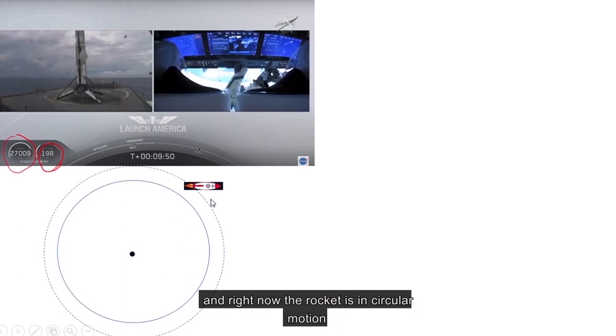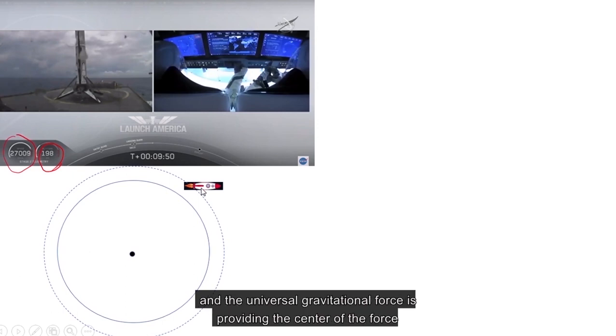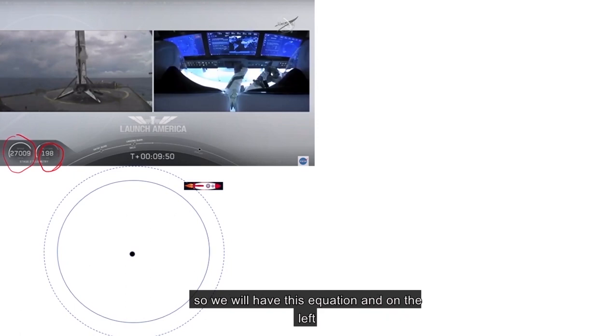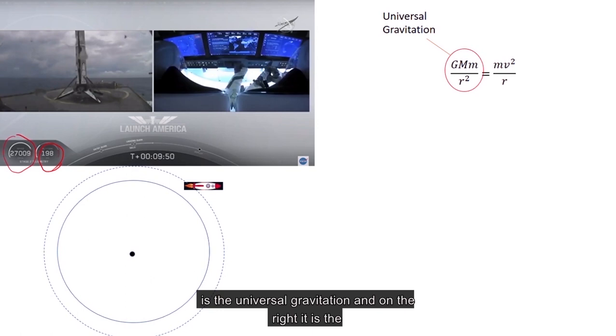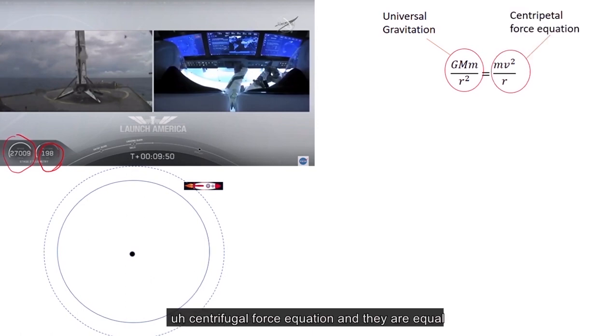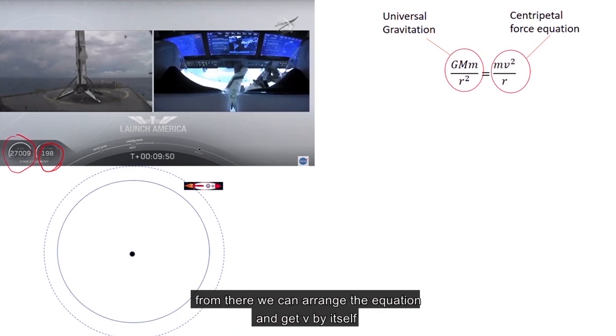And right now the rocket is in circular motion, and the universal gravitational force is providing the centripetal force. So we will have this equation, and on the left is the universal gravitation, and on the right it is the centripetal force equation, and they're equal. From there we can arrange the equation and get V by itself,